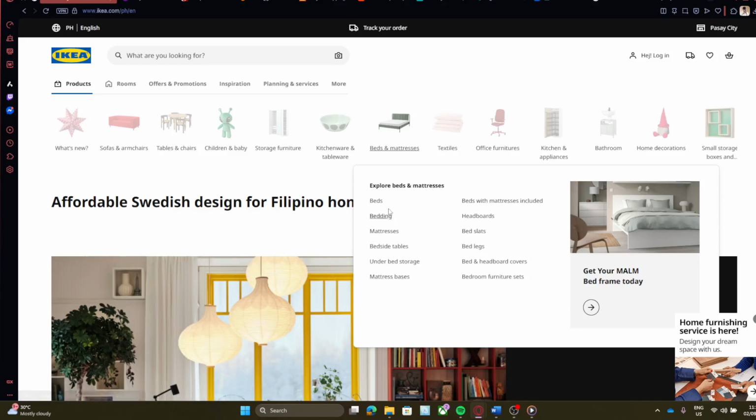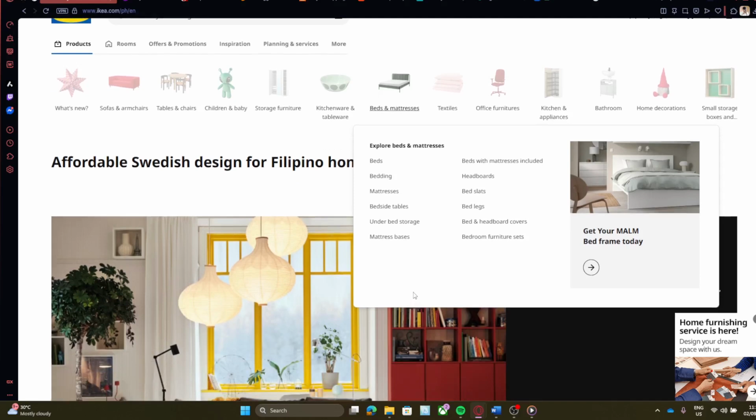You can scroll through these products and click on any particular bed frame for more detailed information, such as dimensions and materials. Don't hesitate to use any sorting or filtering options available on the site. These can help you narrow down your choices based on what best suits your needs, whether it's by size or